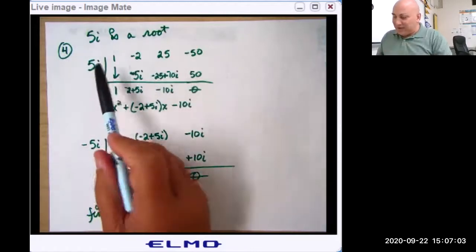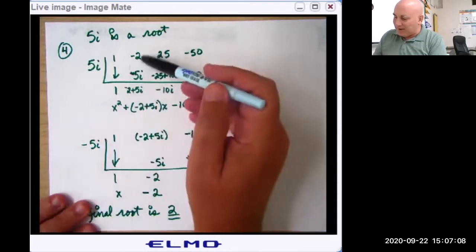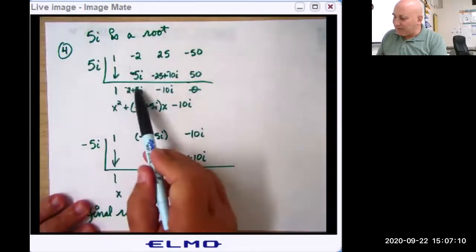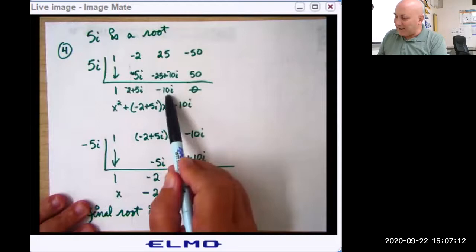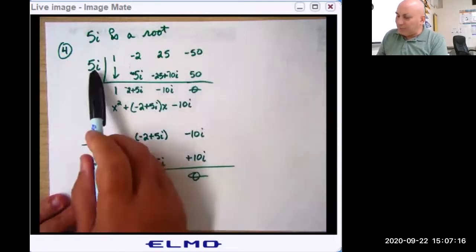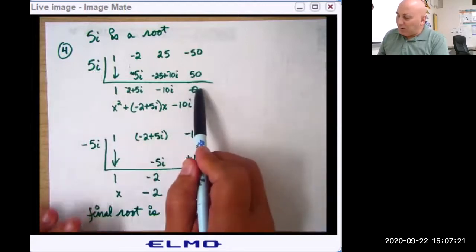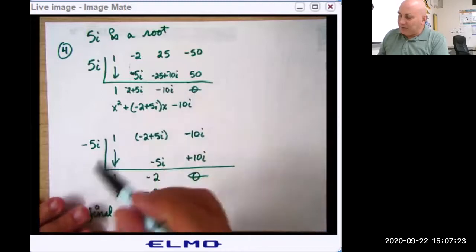I divide 5i into it, bring the 1 down. 1 times 5i is 5i, and I add. Multiply these by 5i, and I add. Multiply by 5i, and I get 0. So that proves that 5i is a root because I got 0, but what it tells me is it's x